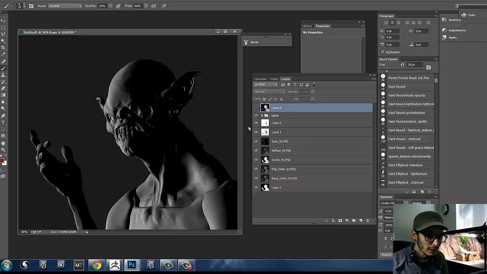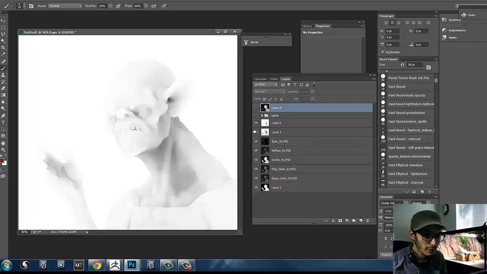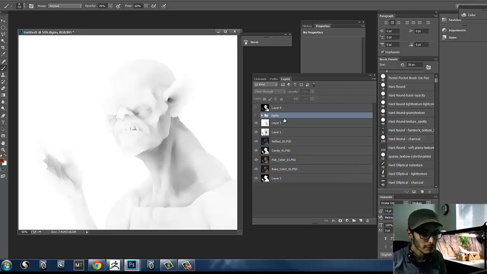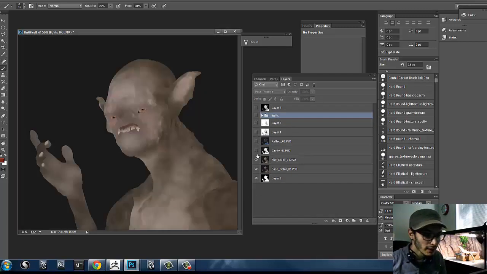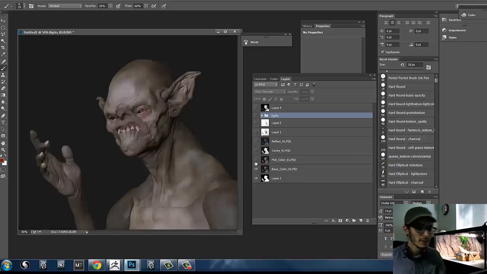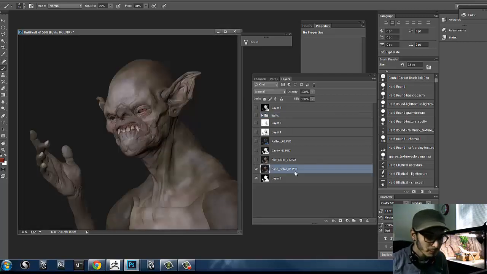So now I'm just going to minimize these guys, put my AO there as well. My shadow pass stays there too, and I have a leftover spec. So I'm going to drop him into my lights folder. I'm going to minimize these guys, so there's my base color, and what I'm going to do is I'm just going to delete